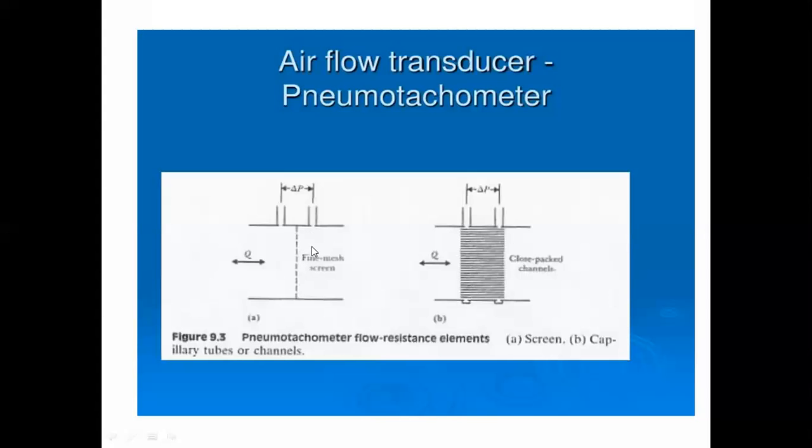Then a difference of pressure will develop. At this side we will have some pressure, and here another pressure will be lower, and this difference pressure will be measured by